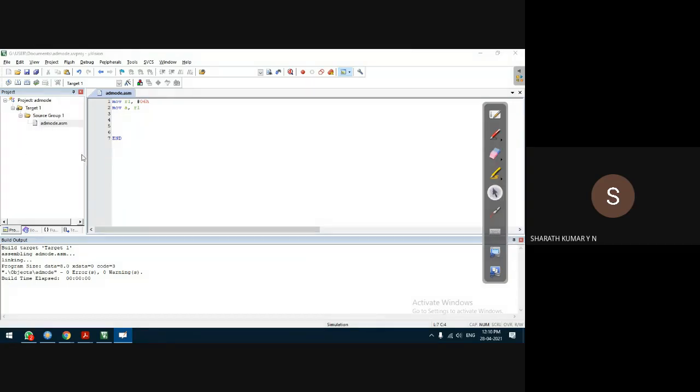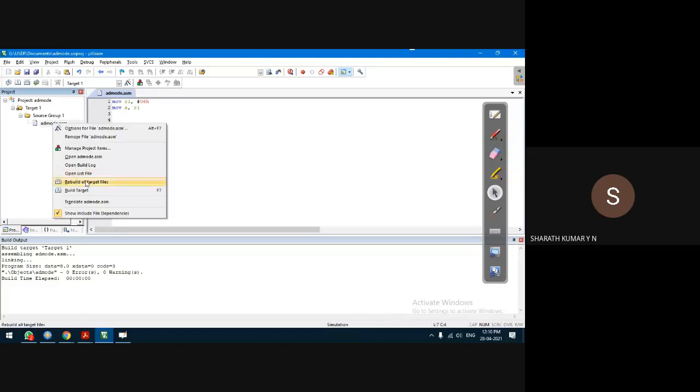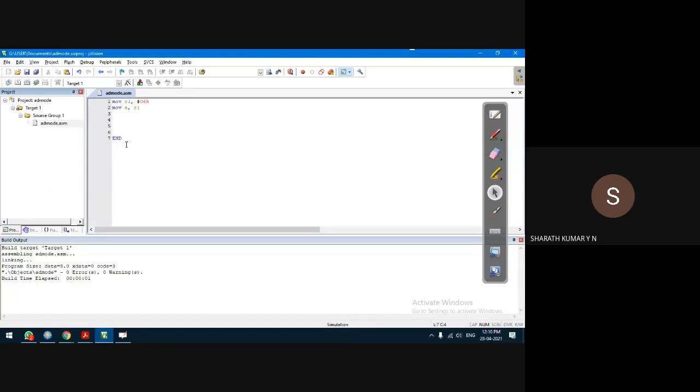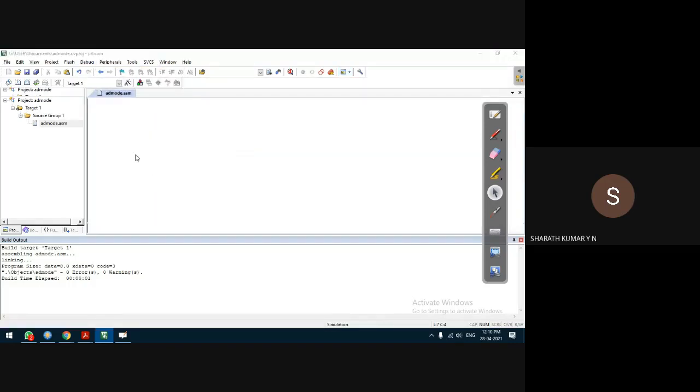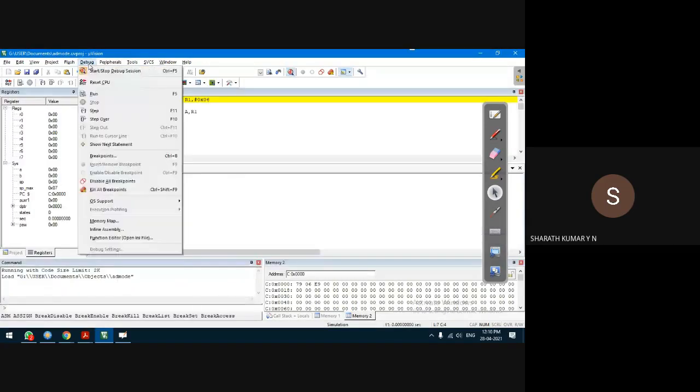Here we go. The steps are like this. First, write the program and save it as filename.asm. The first step is to check for syntax errors, that is the build target. Next is debug start session. Next, generally what we do is debug run. Instead of that, there is one more option.